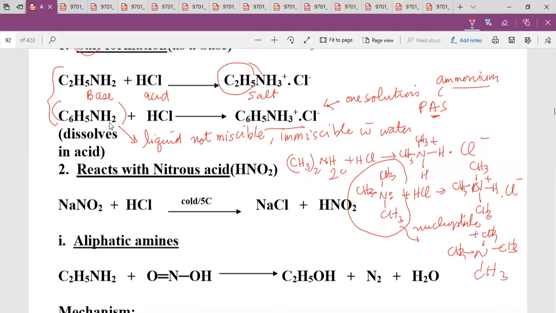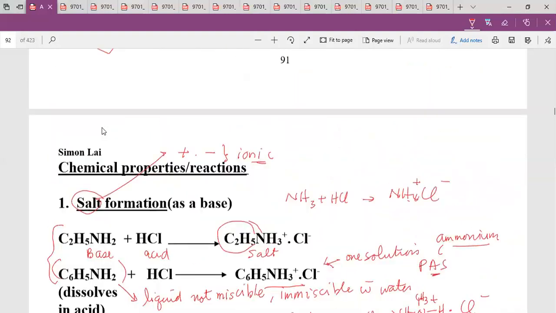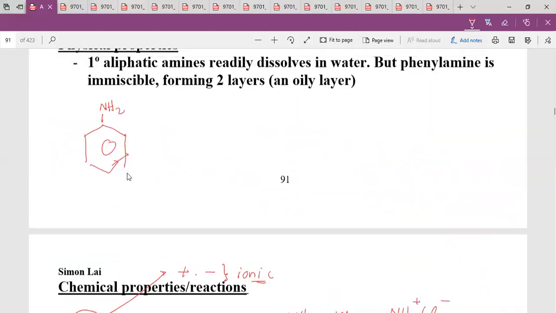Now let's go back to the one here. Because it has a ring, so now this is called a side chain. Remember? Now this is called a ring or a nucleus ring reaction. So there are two. Now we talk about the ring first. The ring one is very simple. I told you that because of the lone pair here, delocalized inside here, it will make the ring more active, isn't it? So the lone electron pair